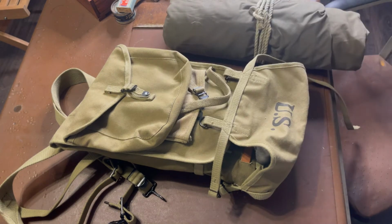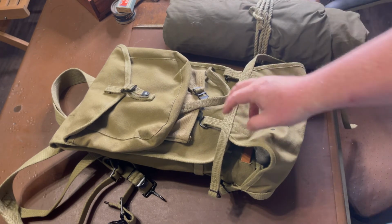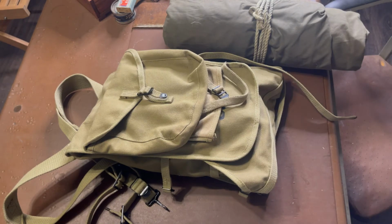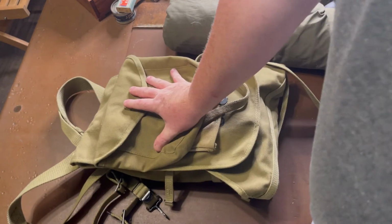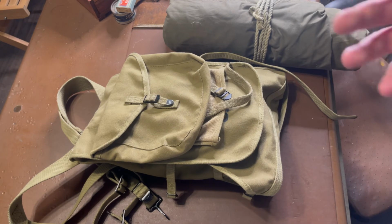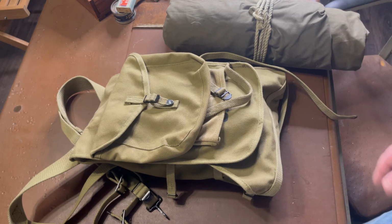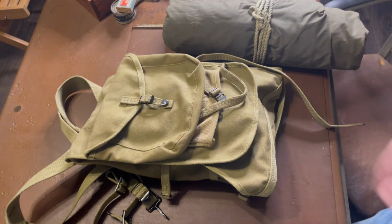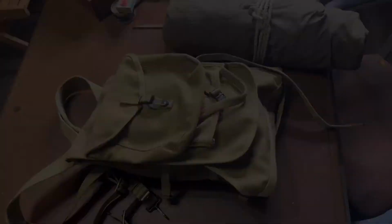So, for the most part, this is what my haversack looks like at an event. It's on my back, not too big, not too small. I may throw some extra stuff in there sometimes just to make it fill out. So, yeah, there you go. That's your M1928 haversack. All right, guys, so there you go. That is your M1928 haversack. And just a basic rundown. Like I said, there's